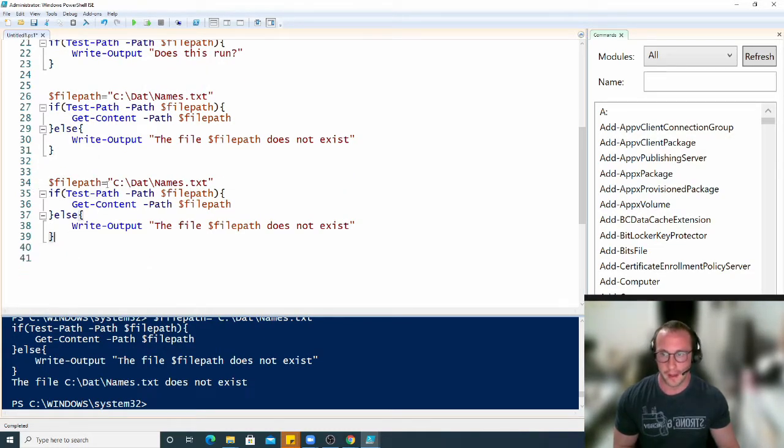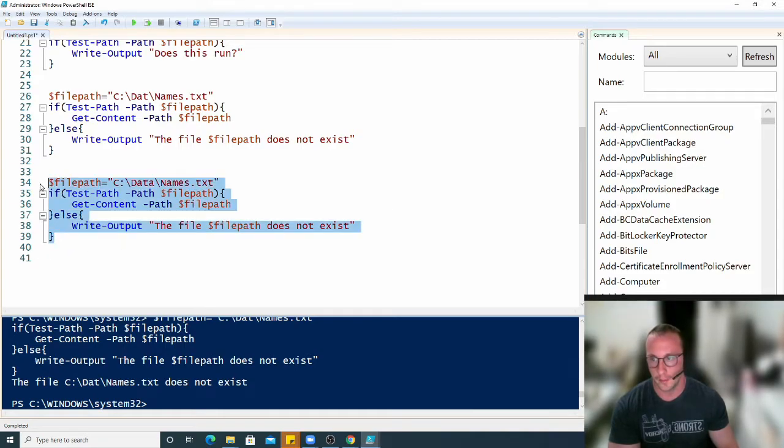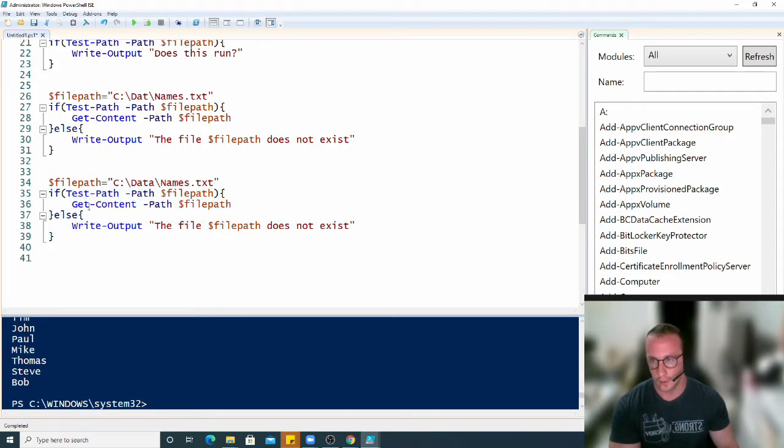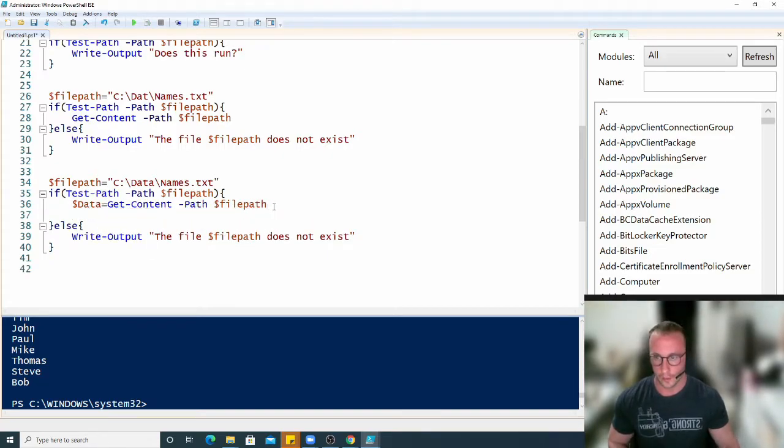So we have the file path here. We're going to put the correct file path so we can actually get the content on it. So if we run this, we can actually see that we get the names that are in that file. So what we're going to want to do is store that to a variable called data. And then what we're going to want to do is if